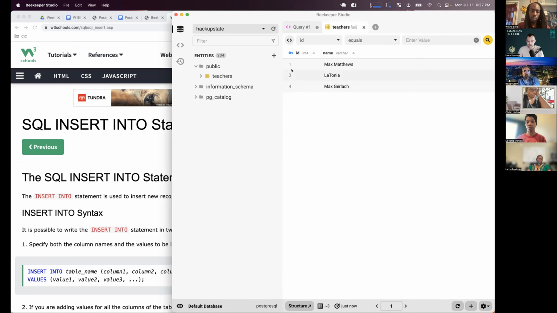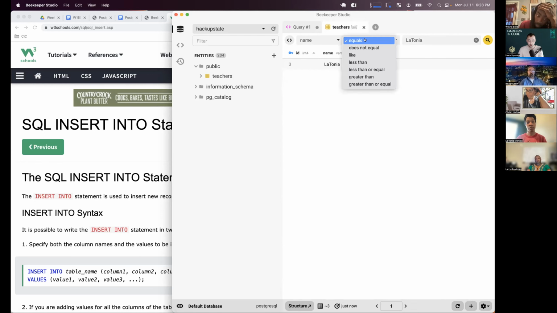Now you notice ID number 2 is missing. That's because we deleted Latonia the first time we inserted her. So because of that, our ID skips one there. That's okay. That's very common in databases. But now we can actually play around with this query up here at the top. We can say the name, and now I could type in equals and type in Latonia's name and filter that table down. Or I could say it is like, and if I type in Max here and search,